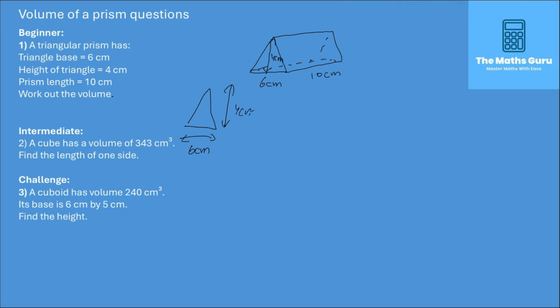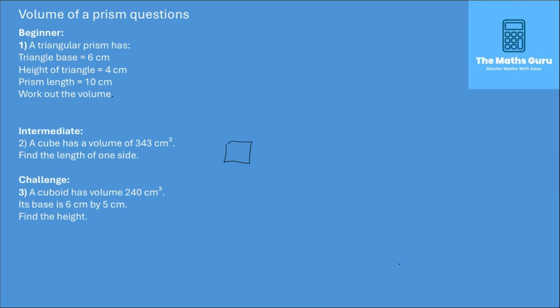Okay, moving on to the next question. A cube has a volume of 343 centimeters cubed. Find the length of one side. So we have to work out x times the length, which is going to be x as well, because it's a cube we're dealing with. So x times x times x, which is going to be our cross-sectional area, which is our square,